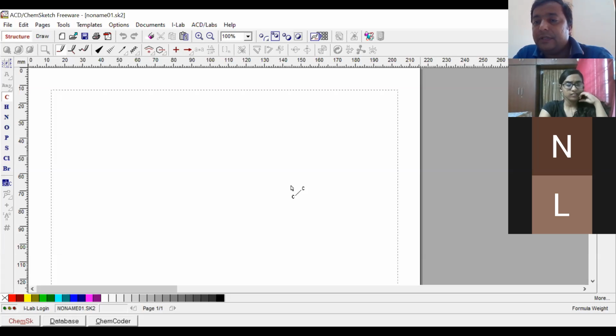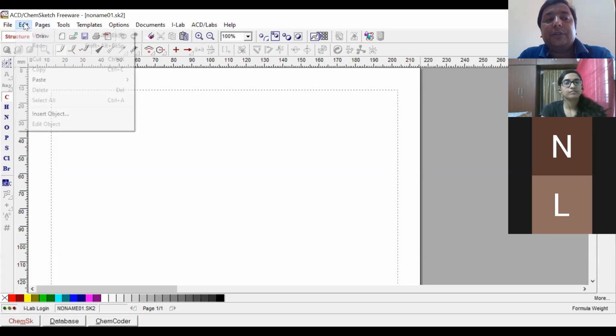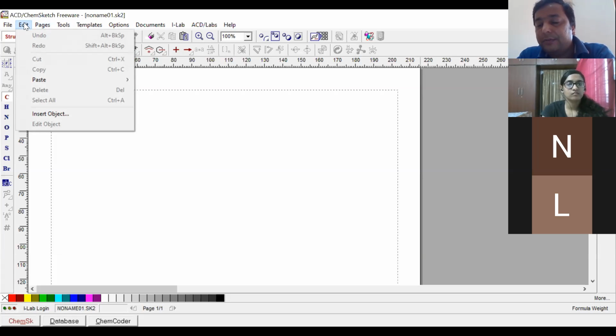Whatever structure we have drawn in ISIS Draw, that is a 2D structure. Now we have to convert it into 3D, right? And that optimized 3D structure should be there. So for that, I have asked you to go to the Edit option, and these steps are also mentioned in your hands-on lab manual.